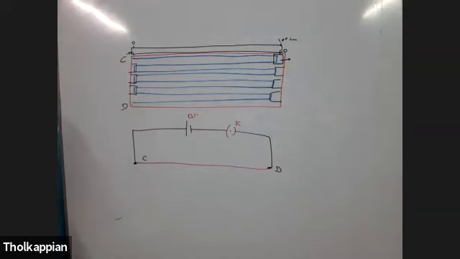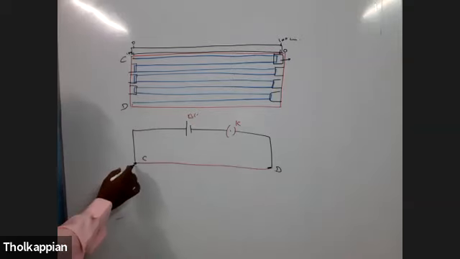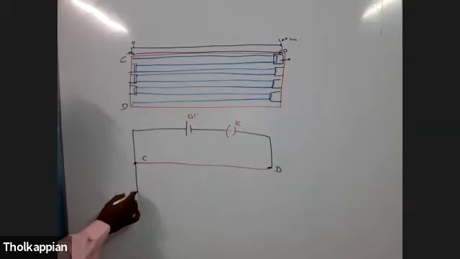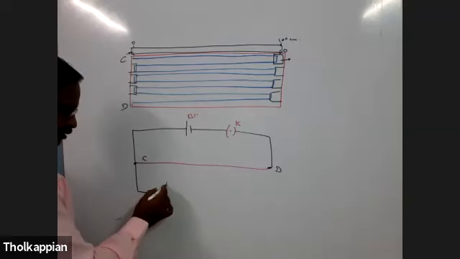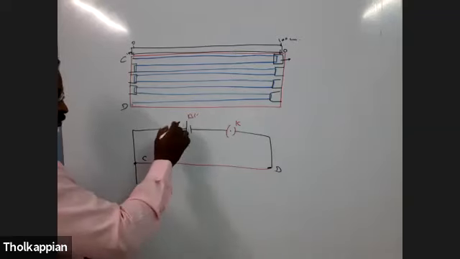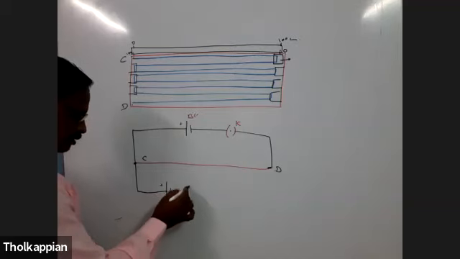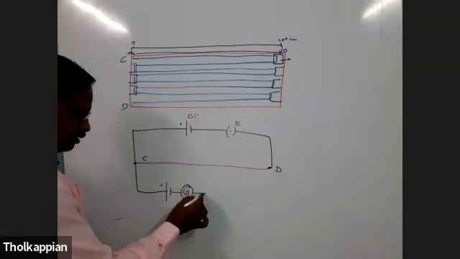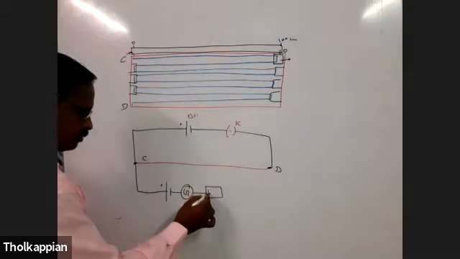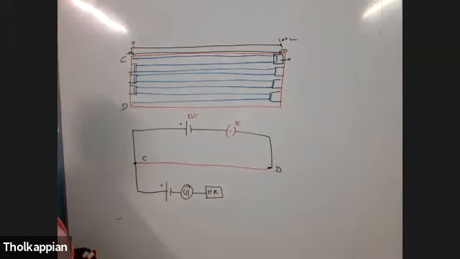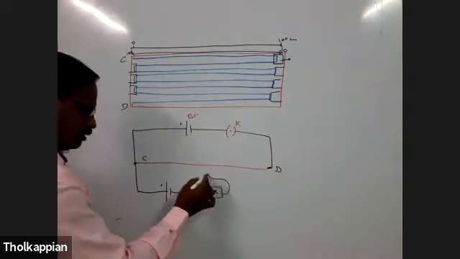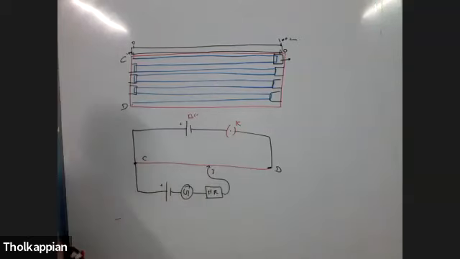Maximum we will give a battery. Battery means a group of cells. And for which cell you have to find the EMF, that is potential difference, that cell is connected here. If here this is positive, that cell also has its positive connected here. And the negative terminal is given to the galvanometer, and this galvanometer is connected to the high resistance. And the end is connected to the jockey.